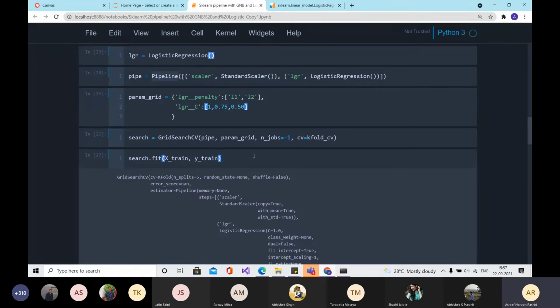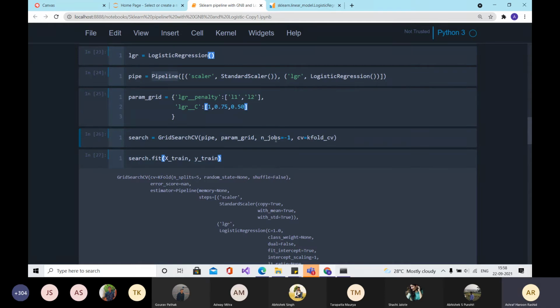And it will take some time. So could you repeat once again what you told about n_jobs? Okay. So if you want to run it in a parallel fashion, just give n_jobs as -1. If you give it as -1, it will use all the processor cores that are available in a system.